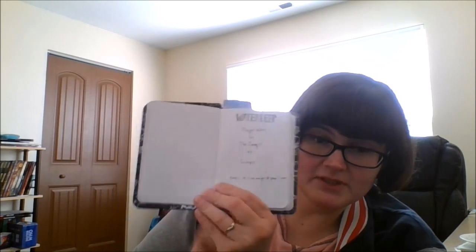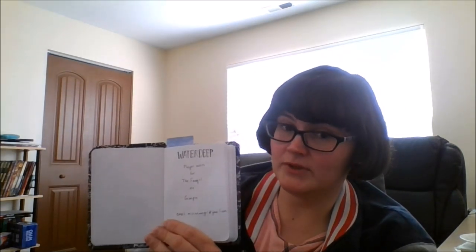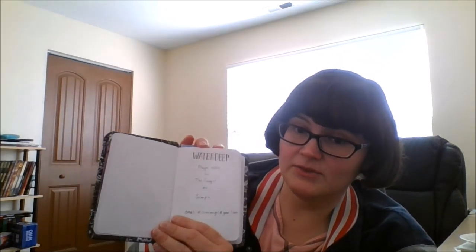Here we have another journal that I made. This one is kind of special in its own way, not only because it's very, very tiny, thus very compact and easy to take along with me, but the special thing about it is that it is my Waterdeep notes. Yes, my dear fanboys and fangirls, this is where I like to put my notes for the Waterdeep campaign I played in. Remember that little green boy with the sweet smile? My boy Grimpin? This is the game I play him in,